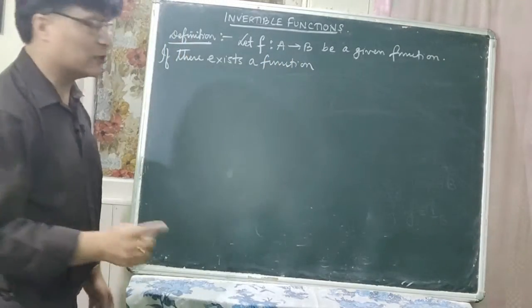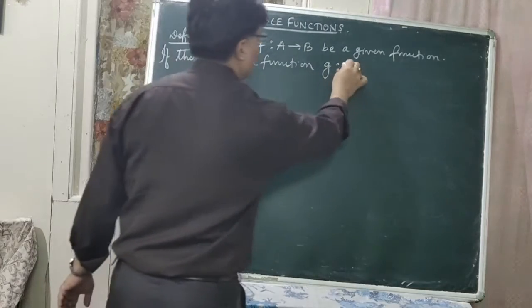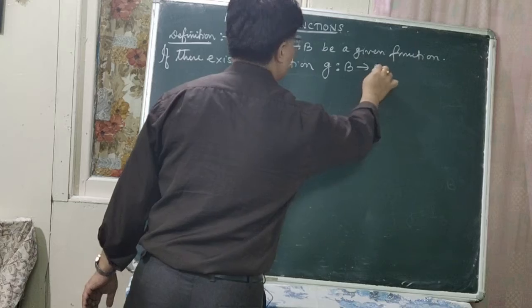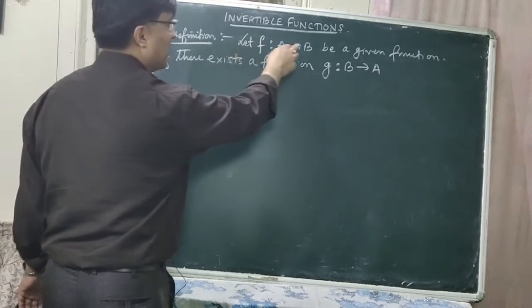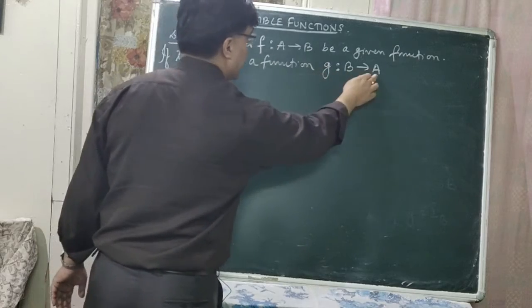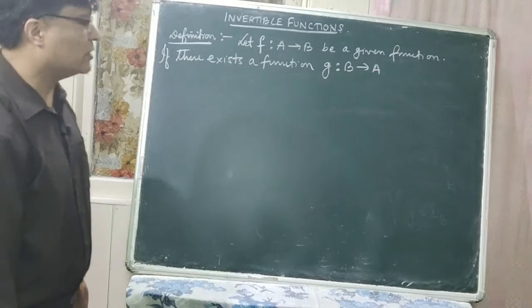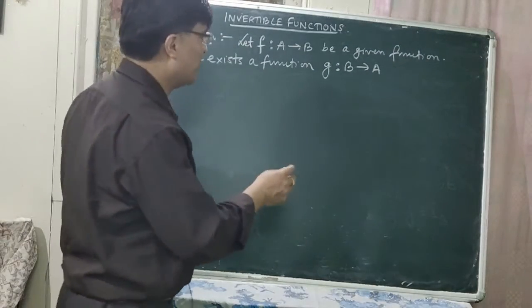If there exists a function g such that now B to A, this means that this A is the domain of f and B is the codomain or range of f. Here B is the domain of z and A is the range or codomain of z, and there exists a function g maps from B to A such that